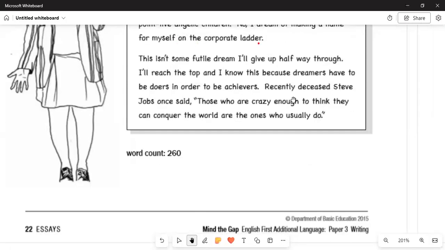And then, this isn't some futile dream. I won't give up halfway with this, because dreamers have to be doers in order to be achievers. So it means she's saying that you need to do things and then you need to ensure that you realize your goals. And then lastly, the late Steve Jobs said, those crazy enough to think they can change the world